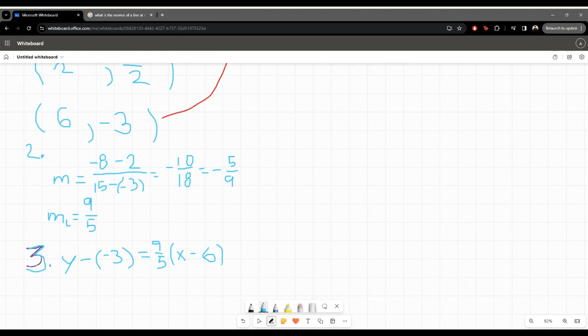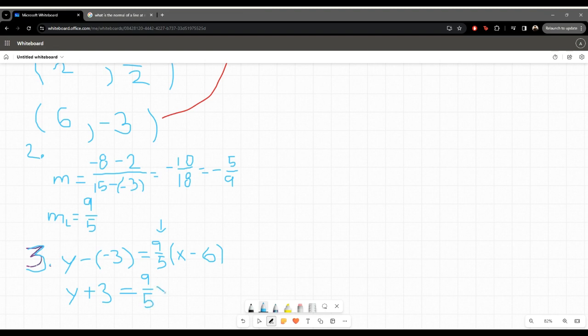Okay? Now we will distribute this fraction into our brackets so that we get y plus 3 equal to 9 over 5x,